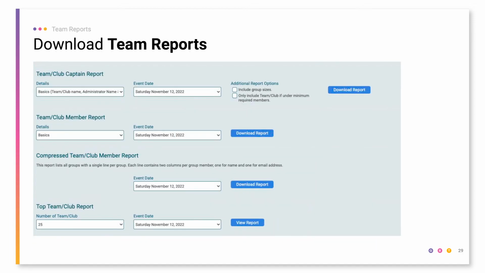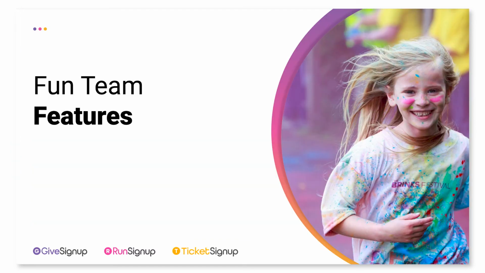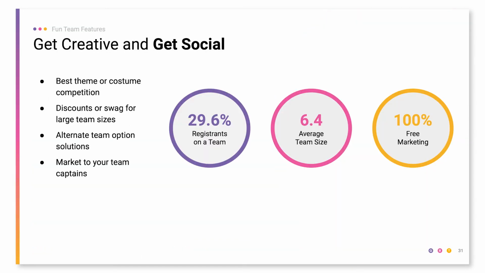Right. So you're just able to download really any report you want within Teams. So a super important one is your captain report. So you can see all of those captains, and then you're able to communicate with those captains specifically with any needs or information you want them to know that you don't want to send out, maybe 1,000 or 1,500 emails to different people. So everyone loves social media nowadays, so we really encourage you to get creative and get social